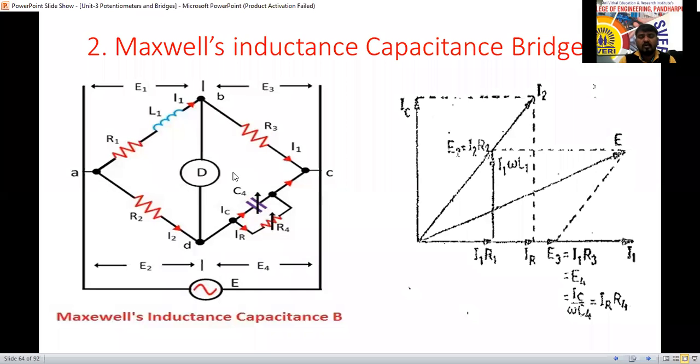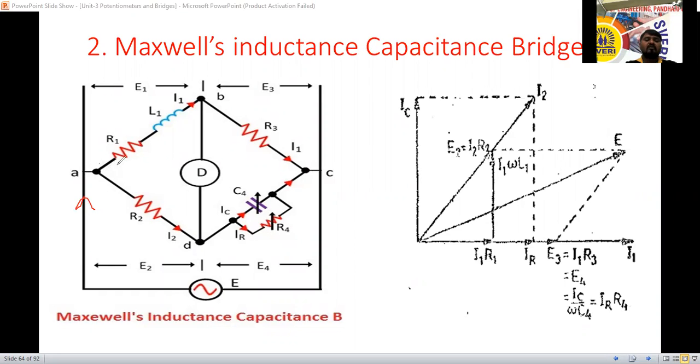Yes, sir. Okay. Now we'll start the flow diagram. We'll start here. See here, it is a combination of inductance, resistance, inductance, and capacitance. So the main current I will start to flow here because of the AC supply.